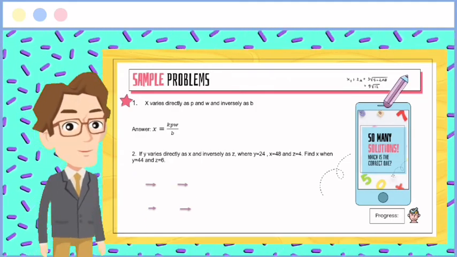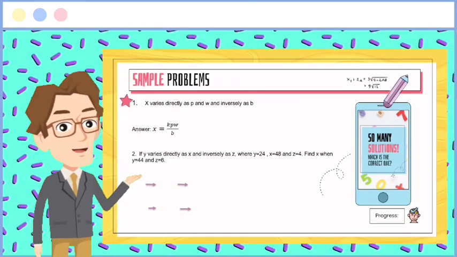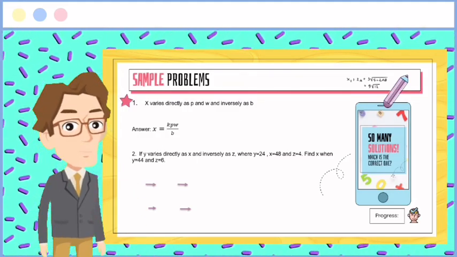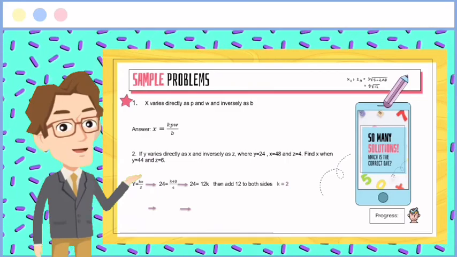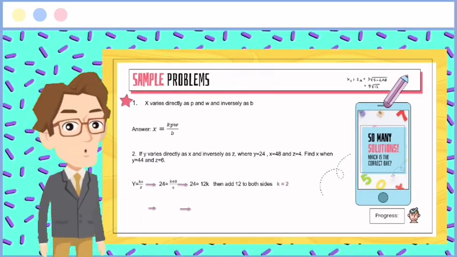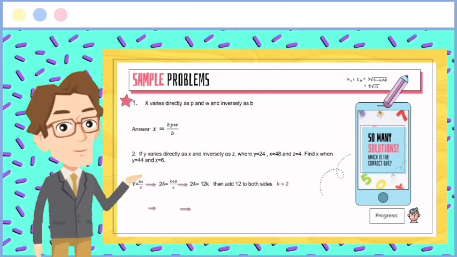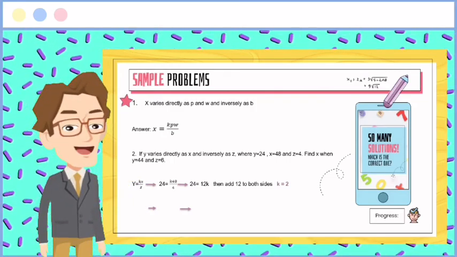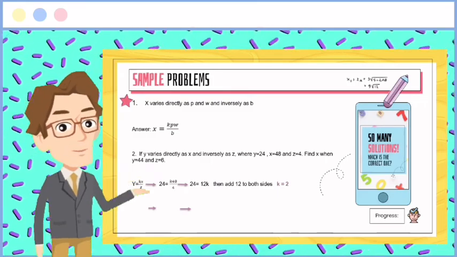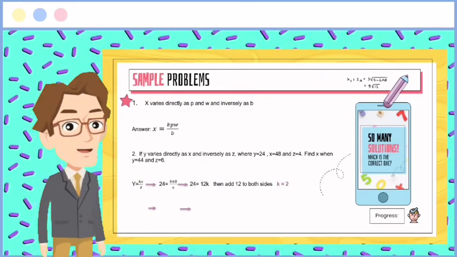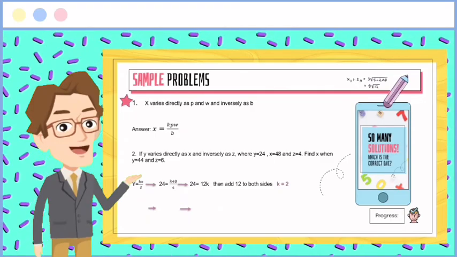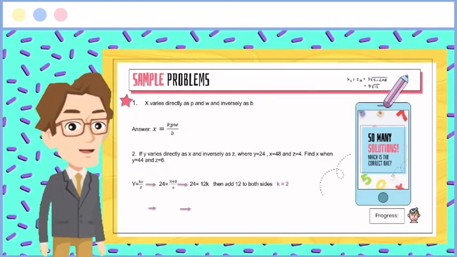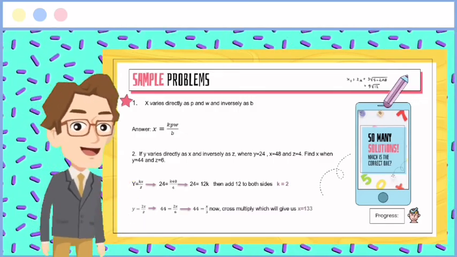If y varies directly as x and inversely as z, where y equals 24, x equals 48, and z equals 4, find x when y equals 44 and z equals 6. So first, let's translate our given. So it will be y is equal to constant of variation multiplied by x over z,